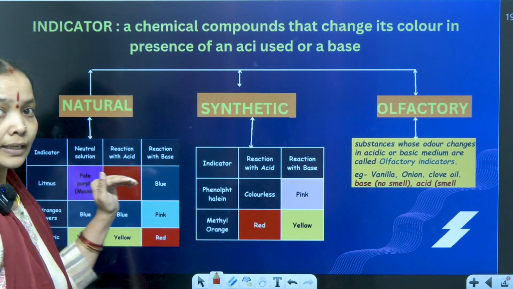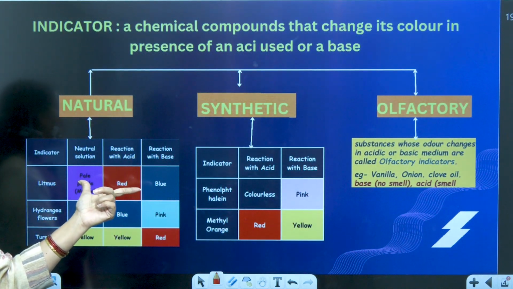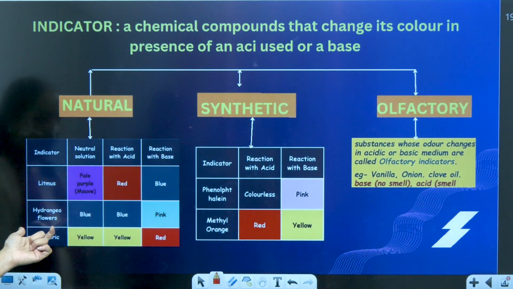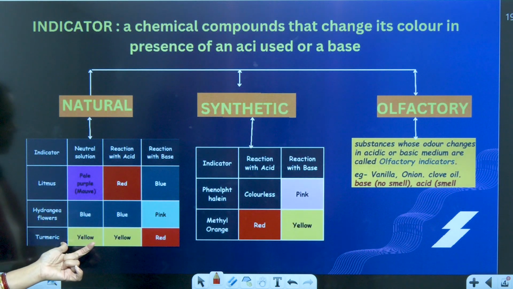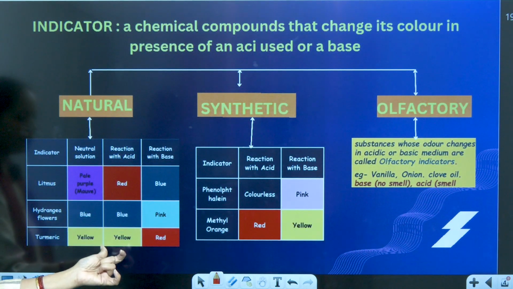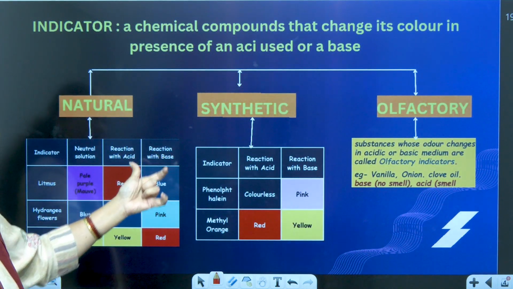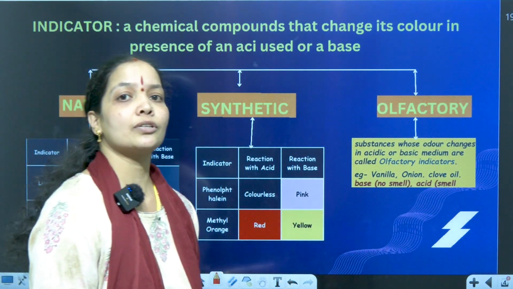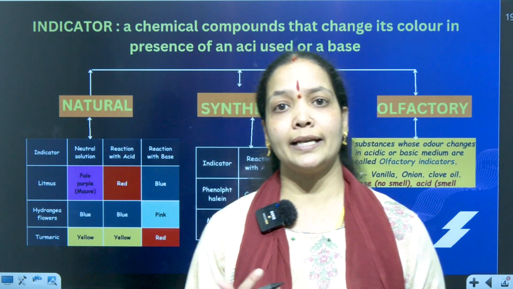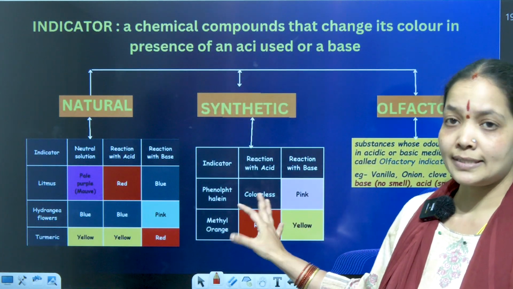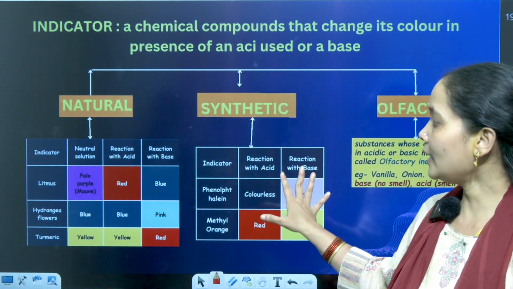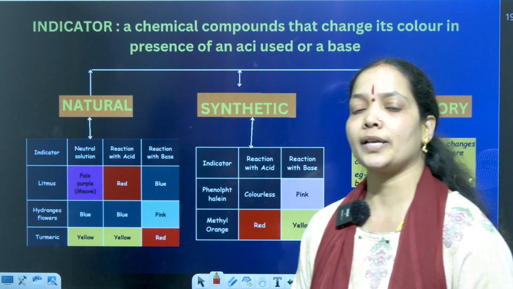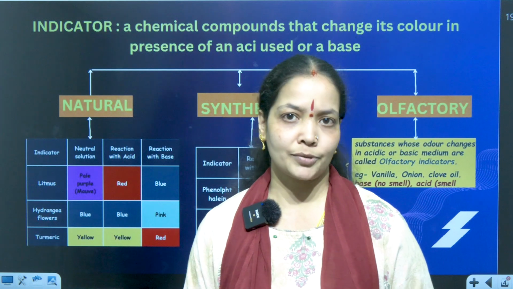So whatever color is indicated here will give you the indication whether the given substance is an acid or a base. Same way, if I have turmeric, in a neutral solution it will be yellow. If it is an acid, it will be yellow. But if it is reacting with a base, it will turn red. So this tabulation or this slide is going to help you identify the indicator with the color change. The same color changes are shown here, beautifully done in a tabulated format. So quickly pause the video, or else you can just find the same PPT in the description box.